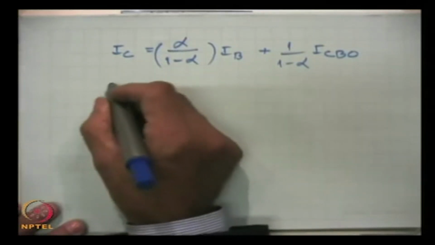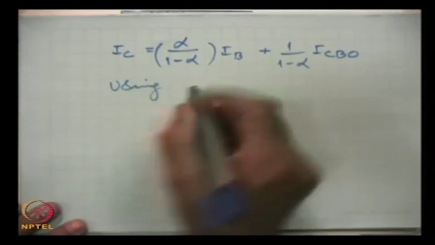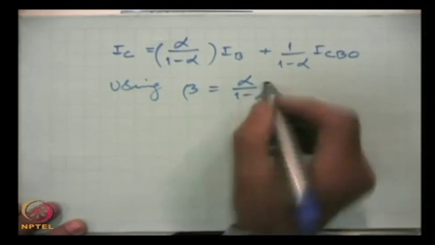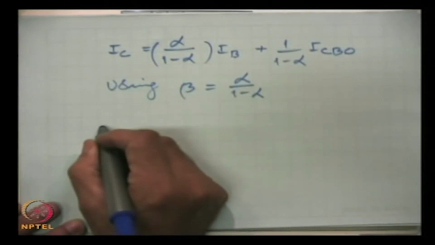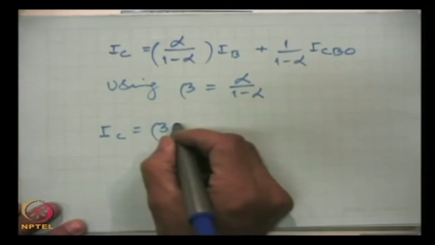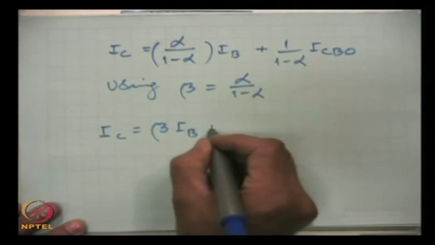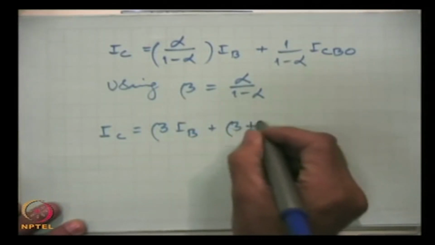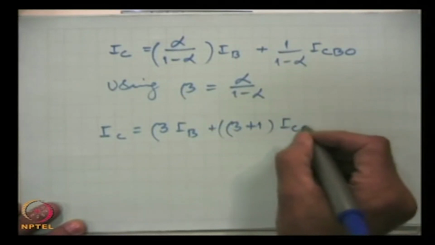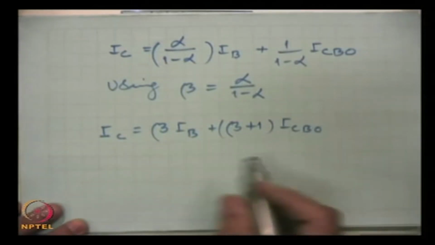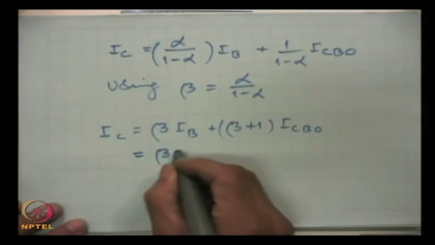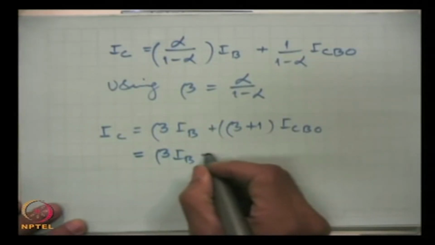Using the relation for beta, beta is alpha by 1 minus alpha, then this equation becomes IC equal to beta IB plus beta plus 1 ICBO, and this can be written in the form beta IB plus